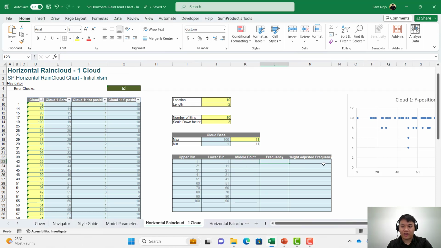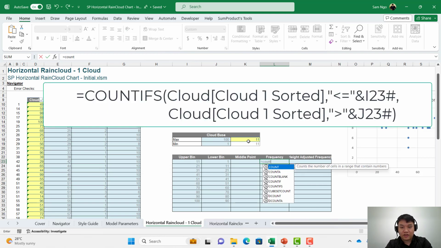Now we will calculate frequency. It's just like allocating all of this input into the bins. So if it is larger than 1 and smaller than 11, it will be in the first bin. If it's larger than 11 and smaller than 21, it will be in the second bin. So frequency is how many inputs will be in that bin. It's just a simple count if